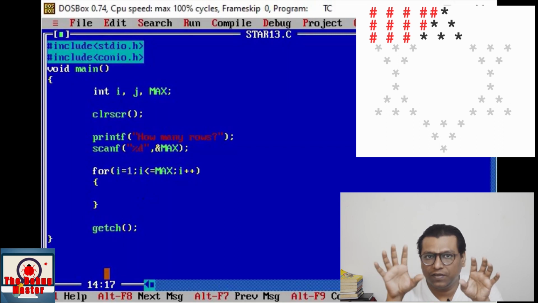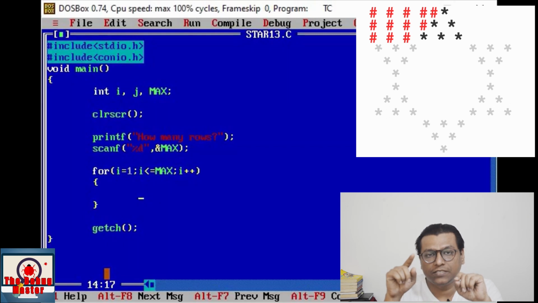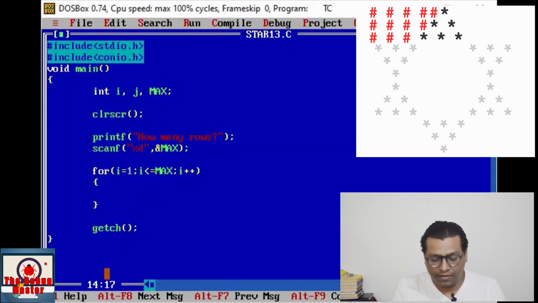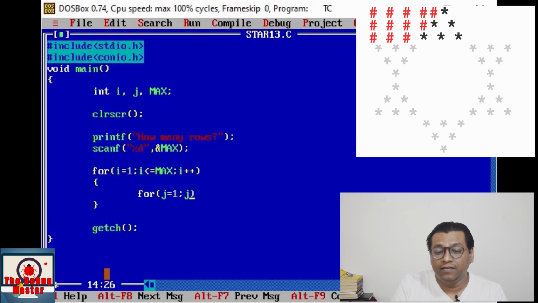There is a blank space, and we shall print this blank space using hash patterns, which is highlighted in the image right now, right? So to print this pattern, we shall have this for loop, j is equal to 1, j is less than equal to max, and j plus plus.